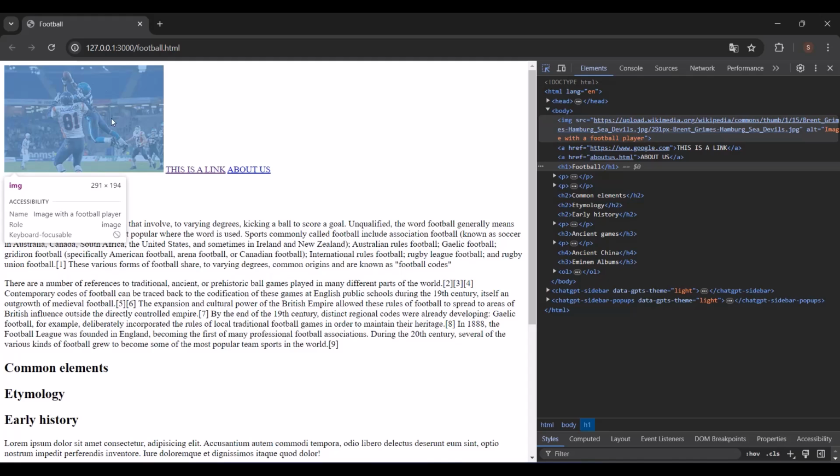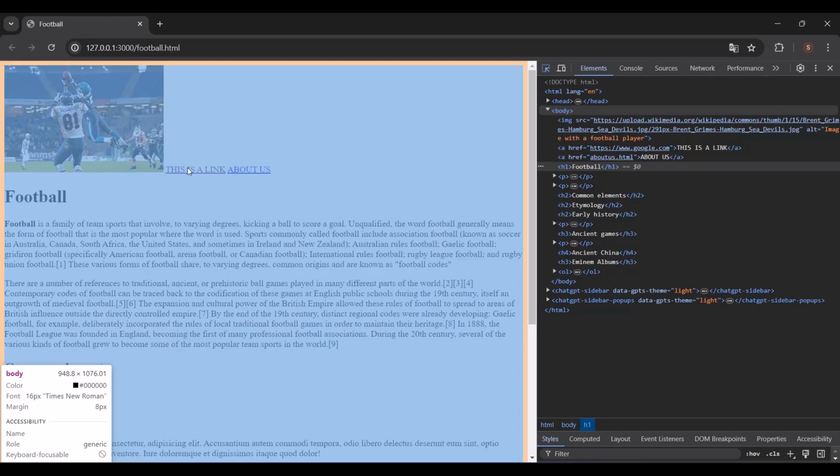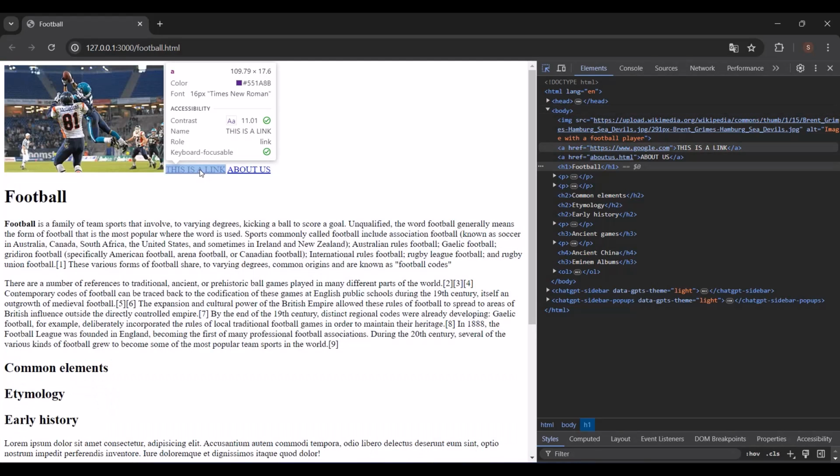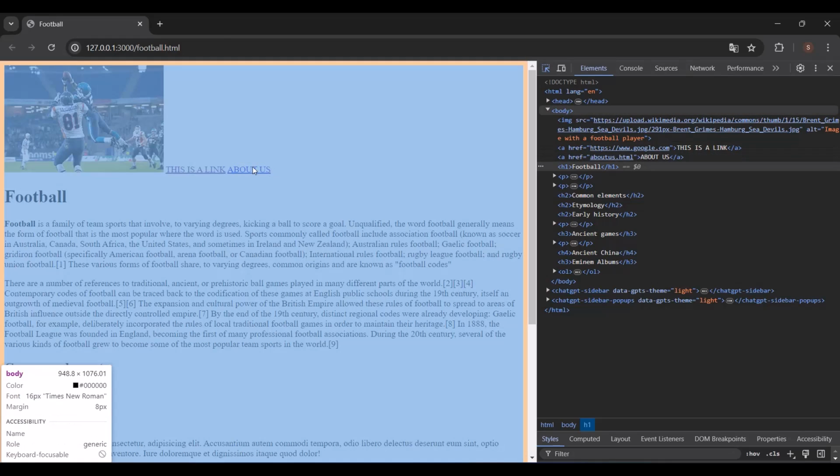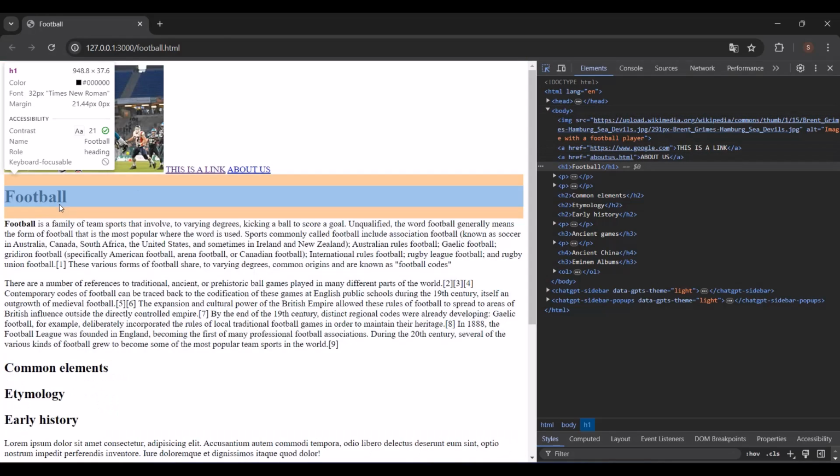So it takes only the space which it needs to appear on the page. Next we have the anchors, and if you click on the anchor, as you can see, the anchor only takes as much space as it needs, and the next anchor element is placed next to the other anchor element, so they are happy to share the same space because they are inline elements, so they stay next to each other. But if you go to the H1 element, as you can see, it's a block level element because it takes the full width that is available here.